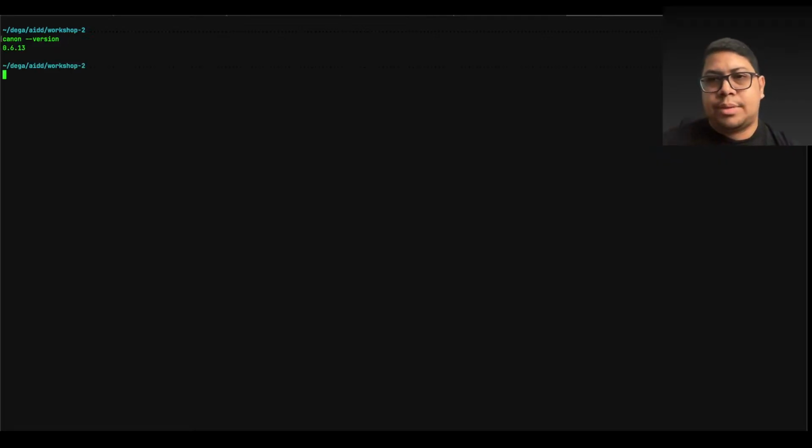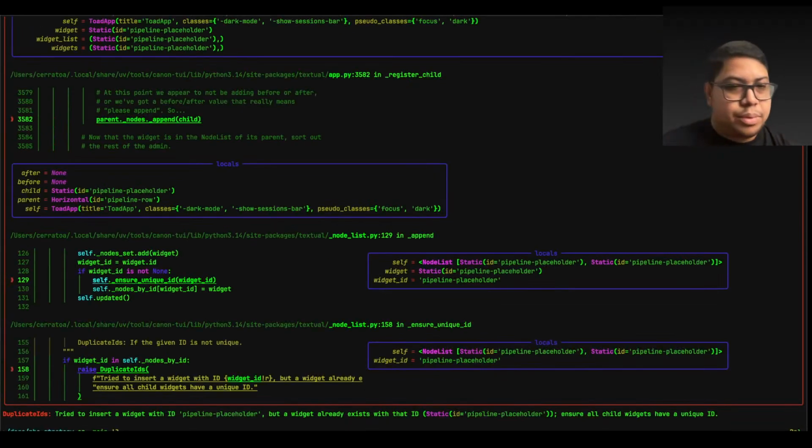This gives us some information back, so we are able to use Canon, right? So now let me go to one of the demo projects, because if I load it here, it's going to be completely empty. If I come here and I do Canon, it should put up the